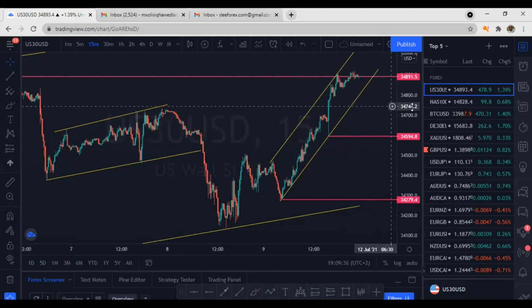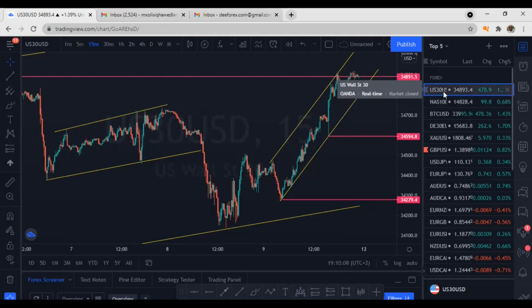Guys, I don't want us to trade most of the time, or analyze, all the pairs that include USD, because sometimes we get affected. Anything with USD will affect Nasdaq, it will affect gold as well, Euro USD, GBP USD. So guys, let's start from the Nasdaq. We're going to look at Nasdaq and USD Nasdaq.